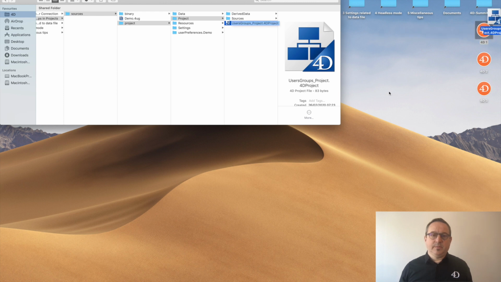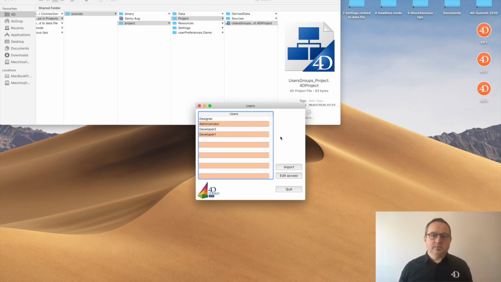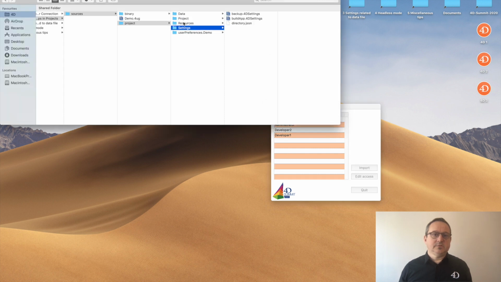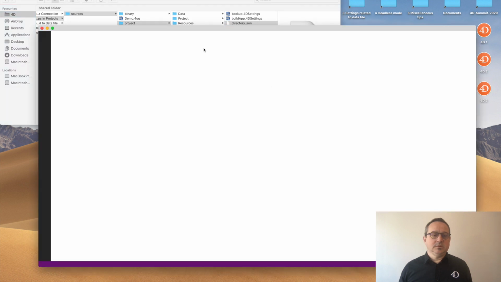So I open my database. It's only displaying the users list. So I have a designer, the administrator, and 2 developers. This list of users comes from the settings folder near the project, and here is the directory JSON file. So I can open it if you want to take a look.